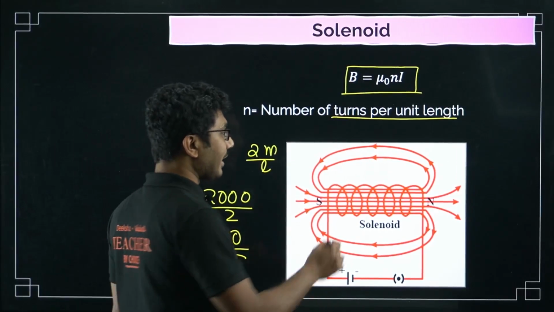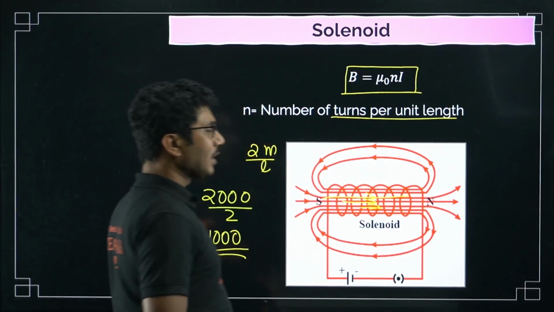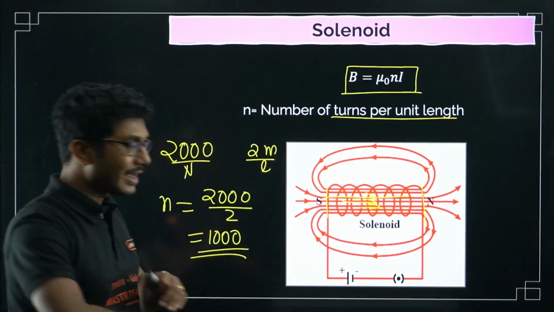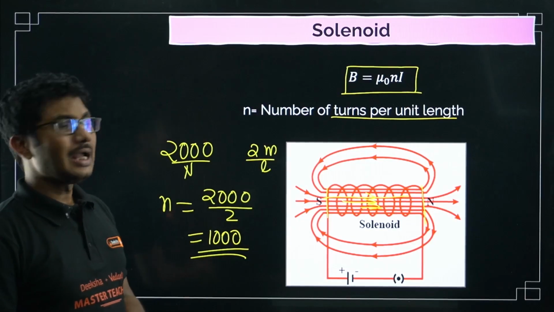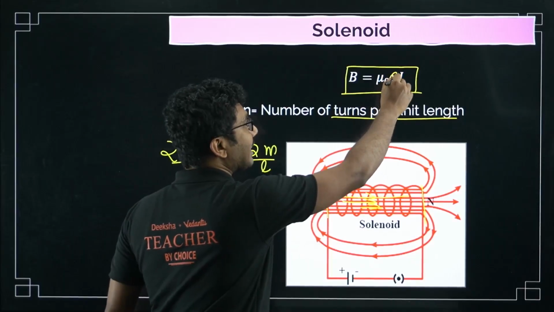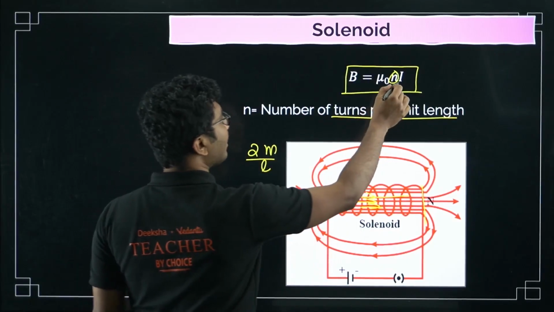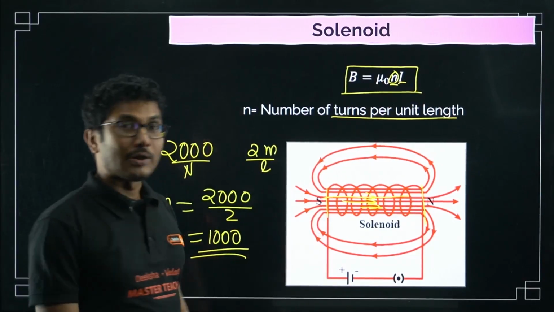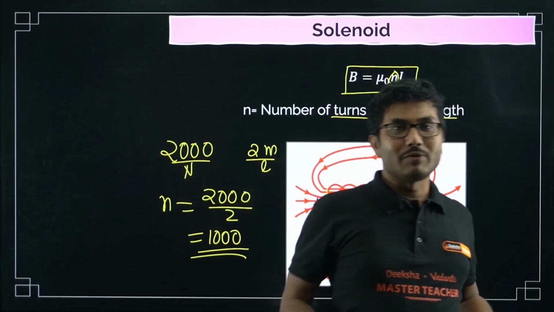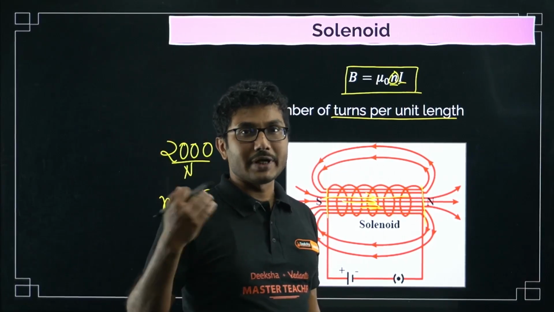Now inside a solenoid the magnetic field is always constant, that is the very property of a solenoid. At the center of the solenoid, except at the edges, everywhere in the solenoid the magnetic field will be constant. And if you simply increase the length of the solenoid keeping small n the same, the magnetic field will not change. So the magnetic field depends only on I and the number of turns per unit length. If you keep the number of turns per unit length the same, but you double the length, and current is still flowing the same, then the magnetic field will not change. This type of objective question is very common in your